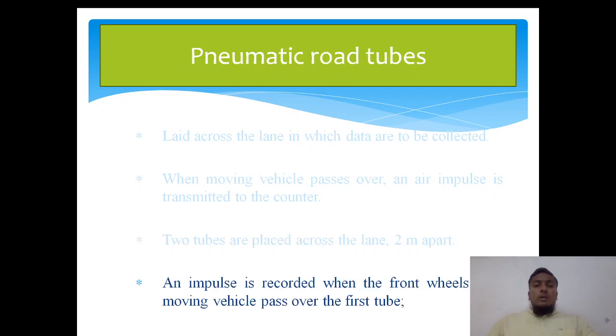So an impulse is recorded when the front wheel of a moving vehicle passes over the first tube. जैसे भी फ्रंट व्हील सामने का जो पहिया है व्हीकल के ऊपर से पास होगा एक इम्पल्स रिकॉर्ड होगा. ठीक है. उसके बाद, after that